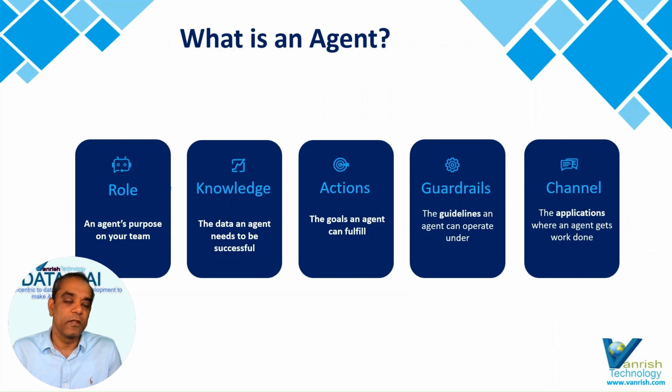Second one is knowledge. If the agent has knowledge of that area, it will engage your customer based on whatever question is asked by your customer. Third one is action. So the goal is to get it done. If you are working on the sales side and your agent is working on an opportunity and they want some action, some action is assigned to that AI agent and it will get it done for you.